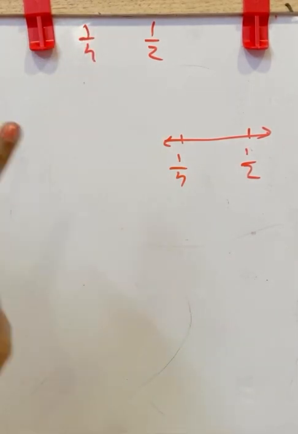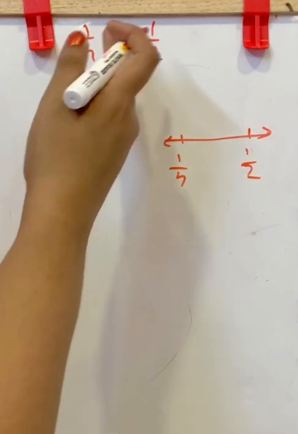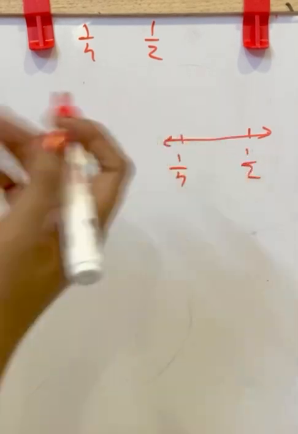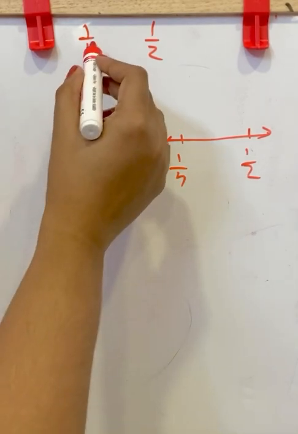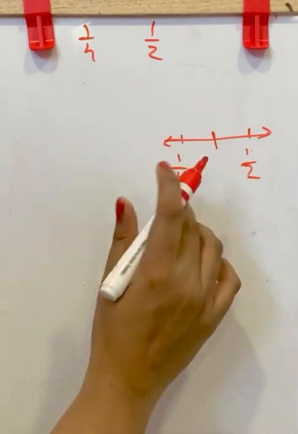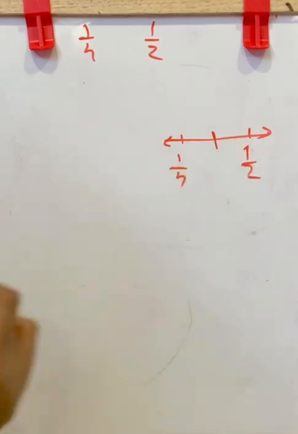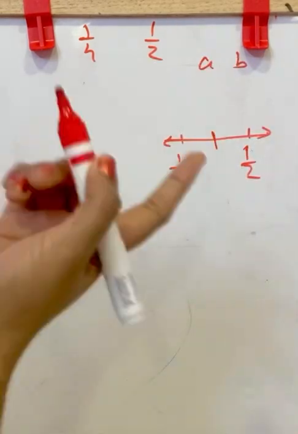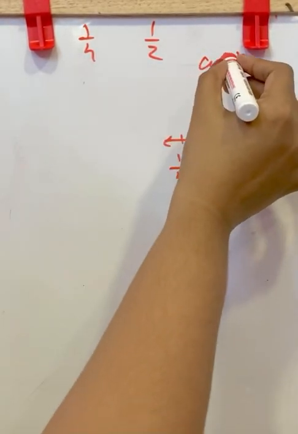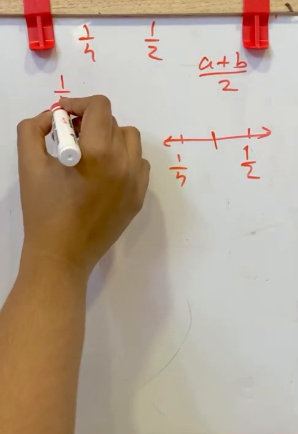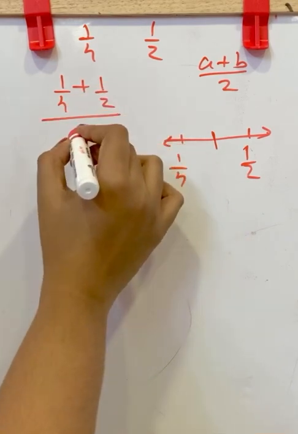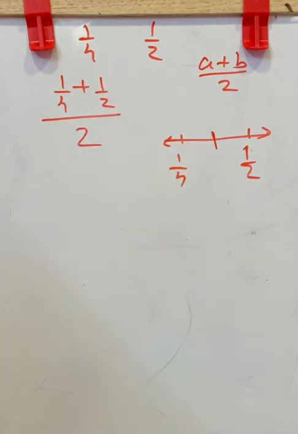Here it is asked only one value. So you can either find the LCM and write a fraction in between it, or you can use this middle term finding method. We will find the middle term here. So that will be between 1 by 4 and 1 by 2, right? So how will you find the middle term? If A and B are two numbers, their middle term is (A plus B) by 2. To get the middle term, you should add 1 by 4 plus 1 by 2 and divide it by 2. Then you will get the middle term.